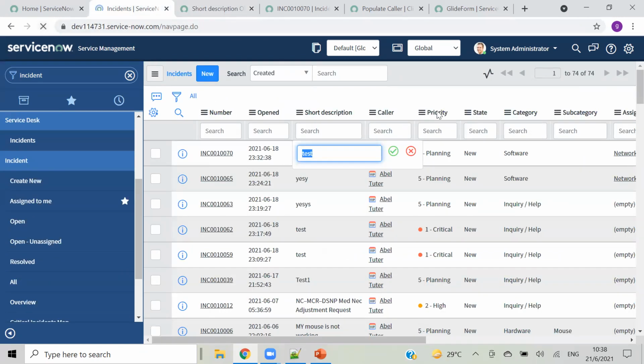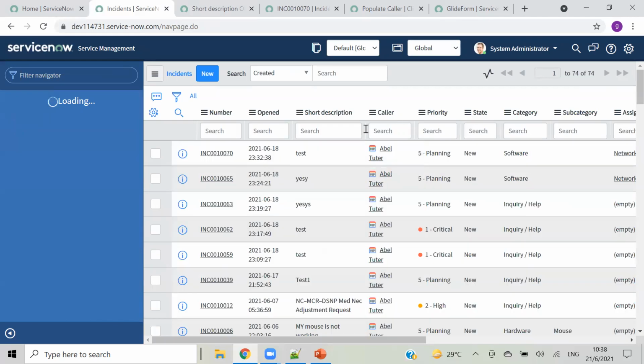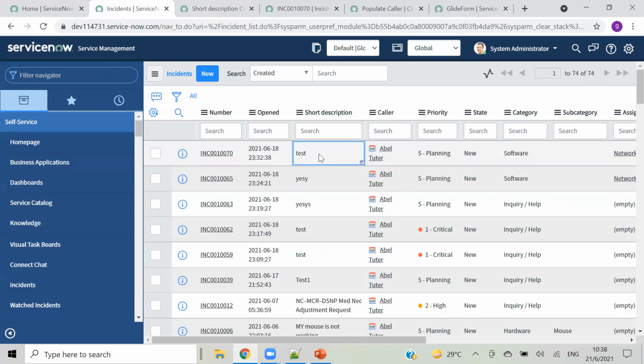First, let me reload our form. And on cell edit, let me try to add something. Nothing is happening. Why is it not showing the confirmation message?